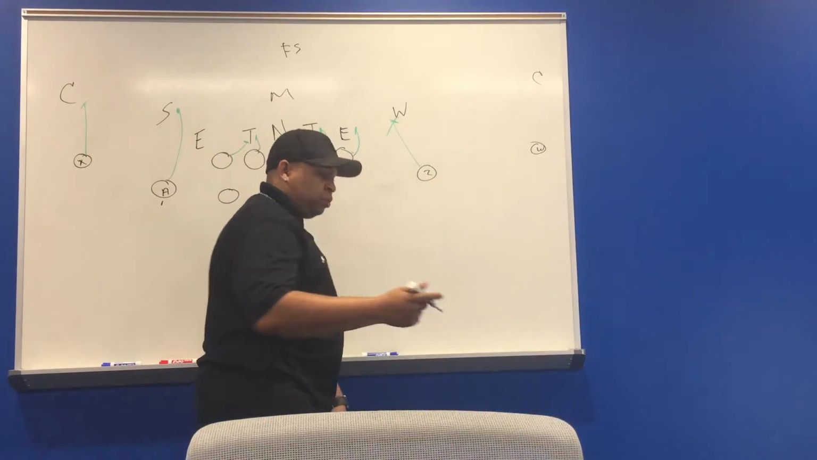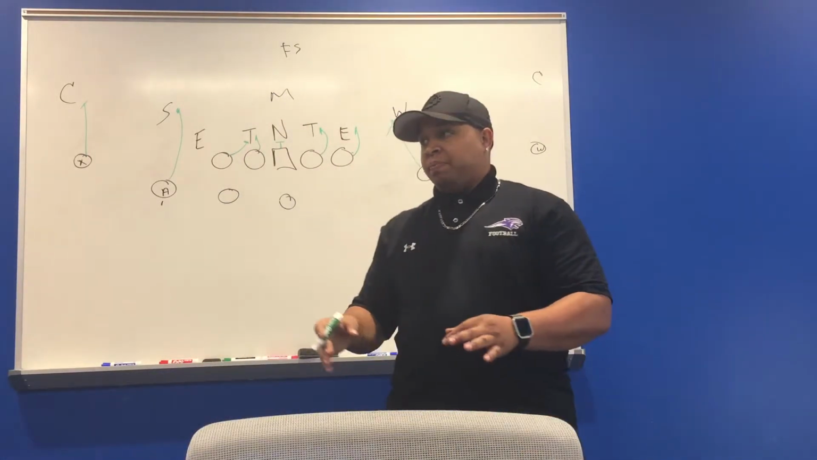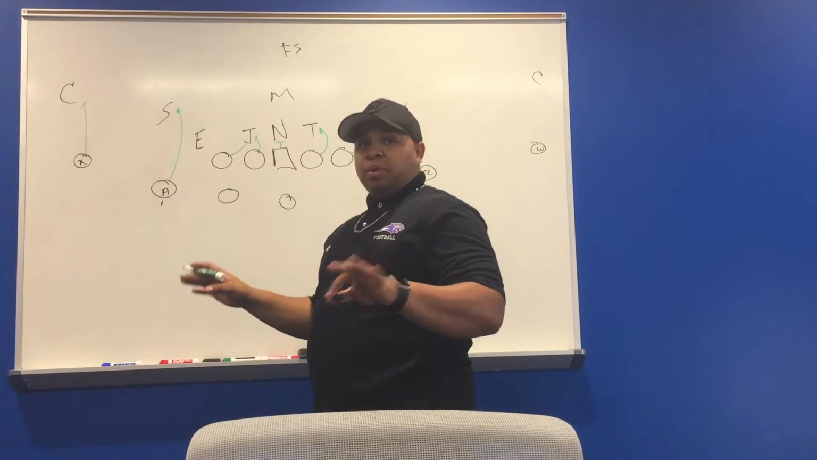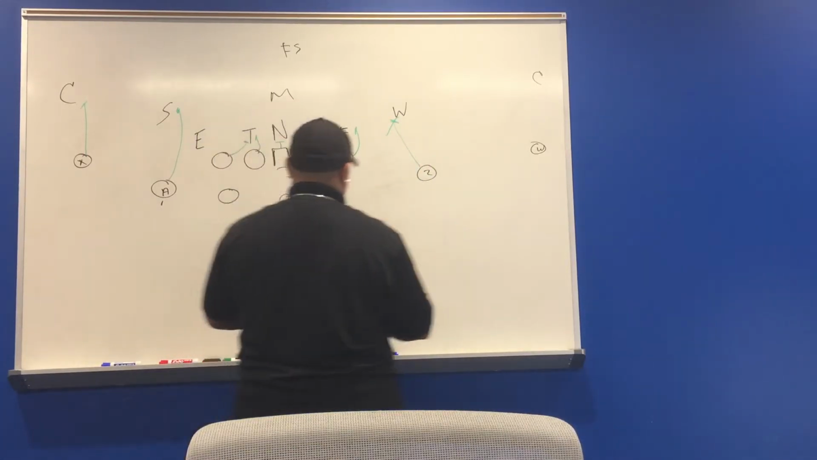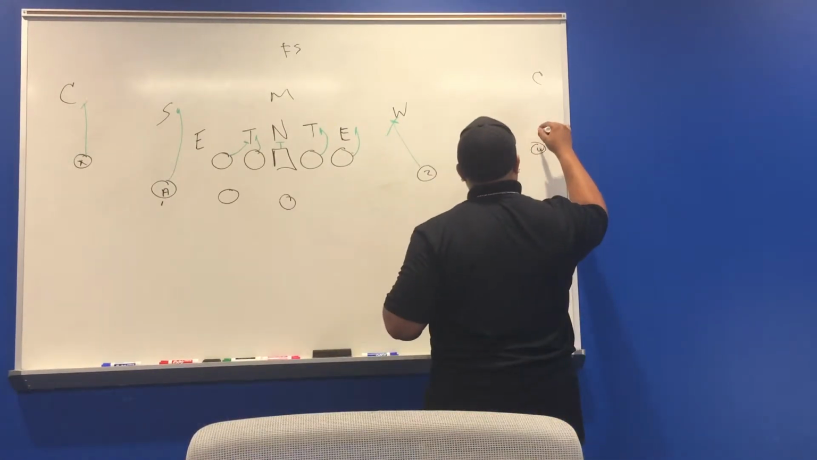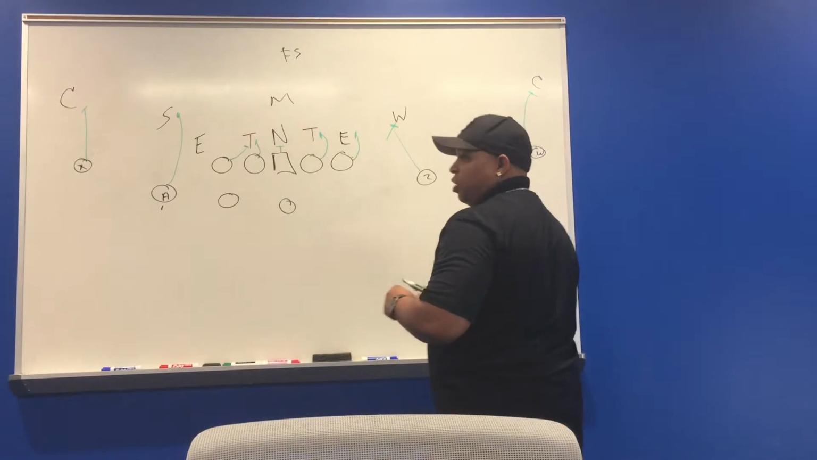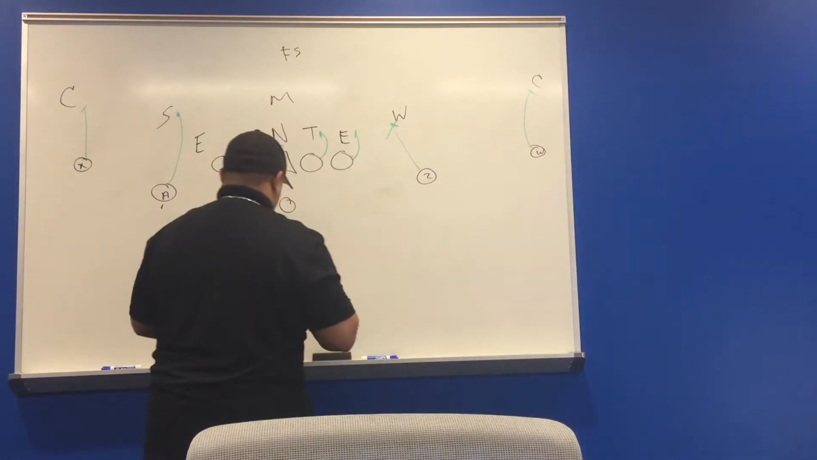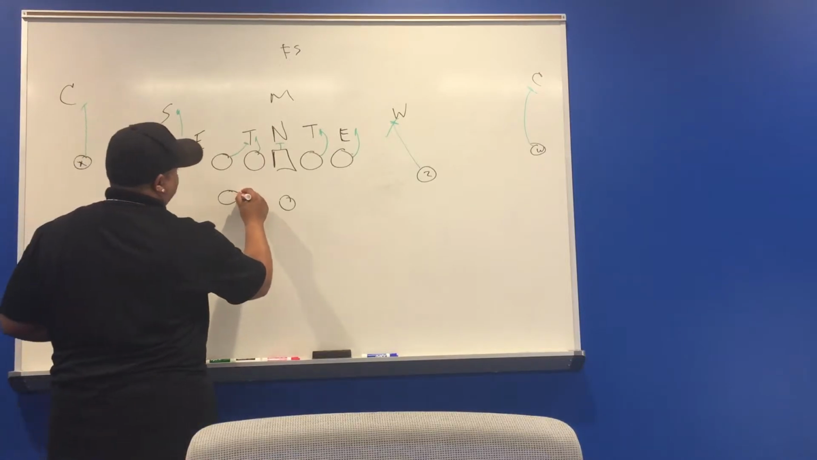That's fine. Don't try to overpower him. Take him where he wants to go. No problem. Okay? Take him exactly where he wants to go. All right? So here we go. So now, the W, you've got a seal block there, all right, and the A and the B back, all right, here